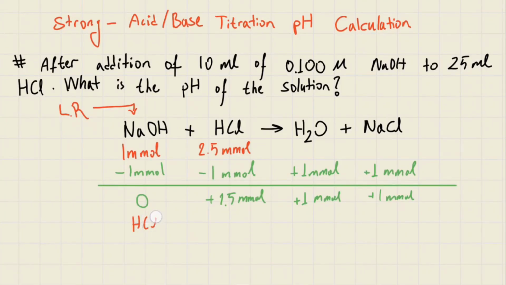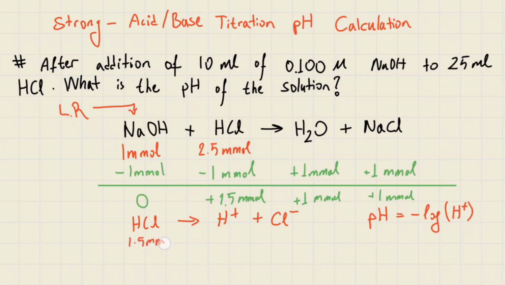If HCl ionizes, it will create hydrogen plus and Cl minus ions. You have to remember that pH is equal to minus log hydrogen plus concentration. In our case, we have 1.5 millimole HCl, and its concentration is 1.5 millimole over the 35 milliliter,